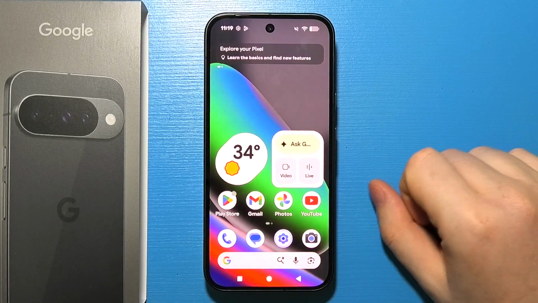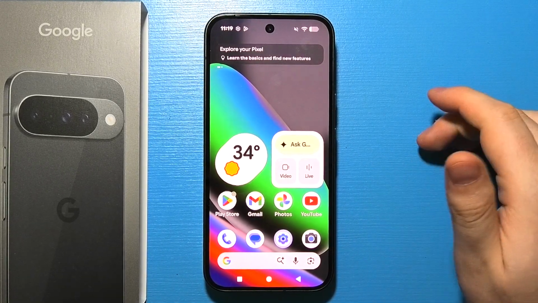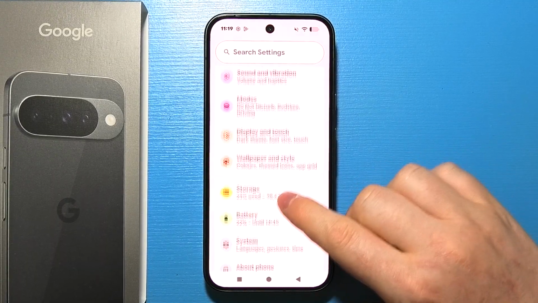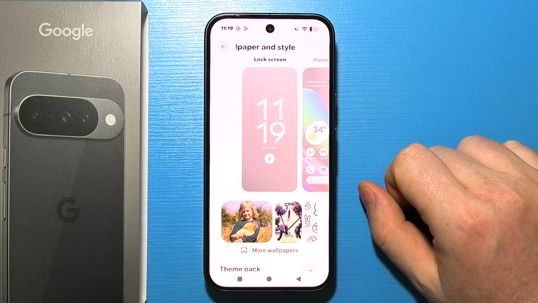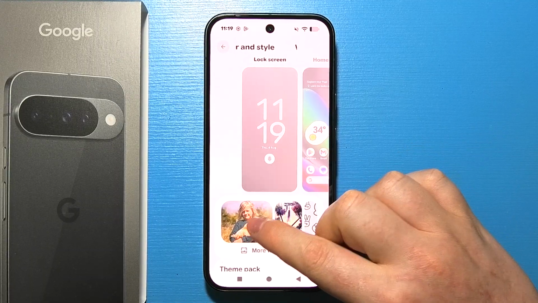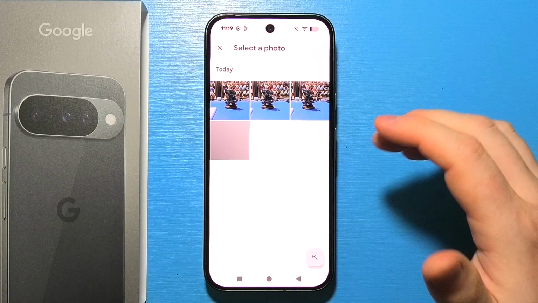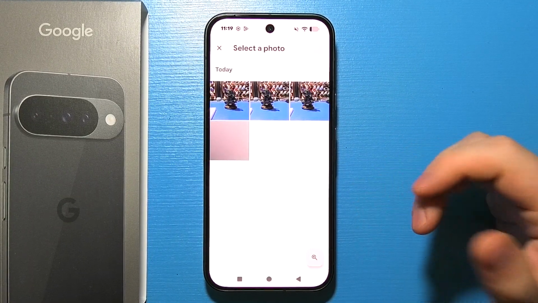To apply a live effect to your wallpaper in Google Pixel, first of all, you will need to open settings on your device. Next step is to scroll down to the wallpaper and style, and then you can click on this tile right here. Now it will open your photos, so select whichever photo you want to have a dynamic